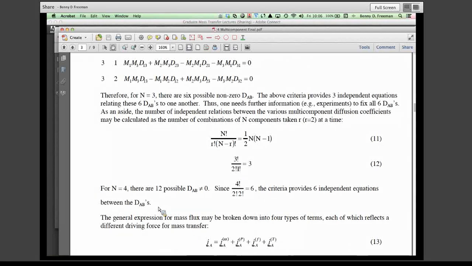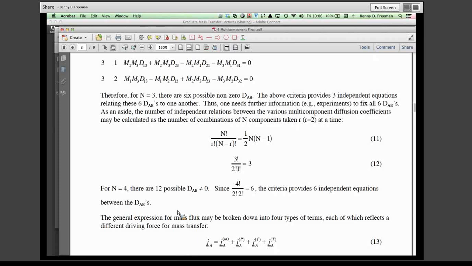And so that means that for a 4-component system, you have to make sufficient measurements to determine essentially 6 multi-component diffusion coefficients. And so I'm going to show you a different approach here in a little while to modeling this phenomena. But in general,